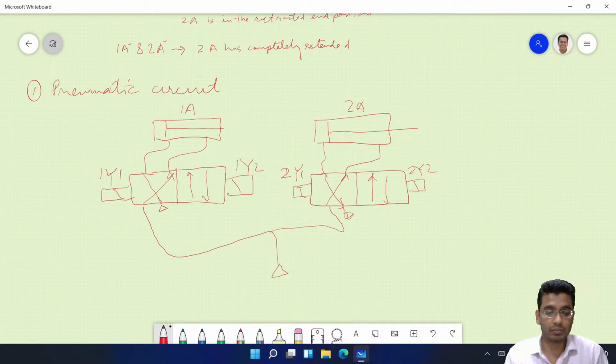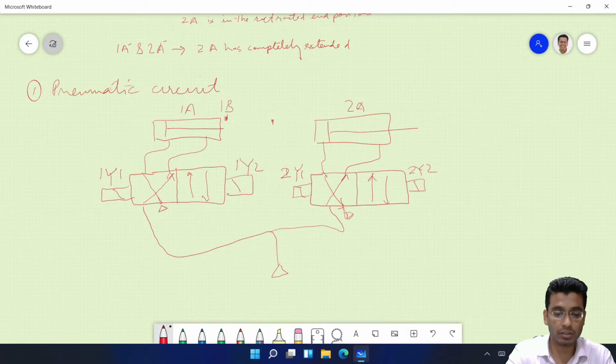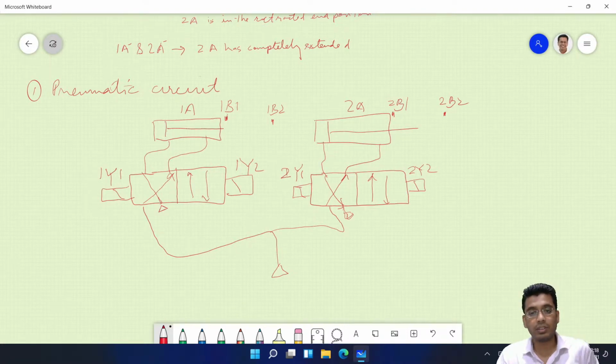So let us use two sensors here, say 2B1 and this is the extended position 2B2. So these are the four proximity switches: 1B1, 1B2, 2B1 and 2B2.